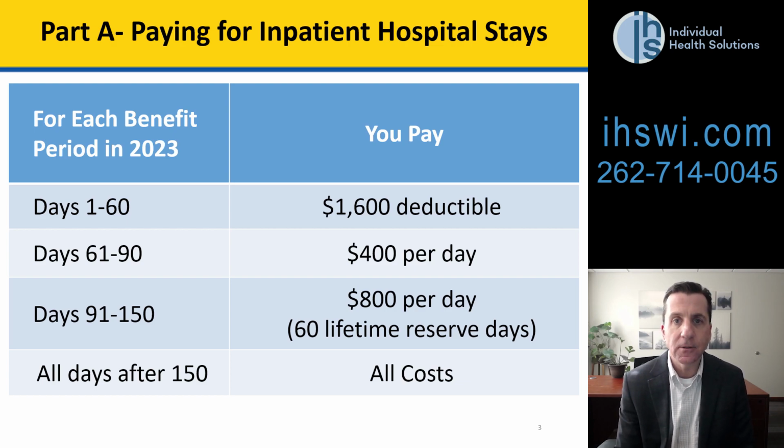So for every 60 days, the Medicare recipient is responsible for a deductible of $1,600 for each hospitalization. So if I was in the hospital in January and then in May, that would be two different deductible windows or $1,600 two times. More significant would be if somebody was in the hospital longer than 60 days, it turns into a daily copay on the 61st day. And for 2023, the per day copay after 60 days of being in the hospital is $400. So this could get really expensive. And again, this is one of the first reasons why there are secondary types of coverages in place.